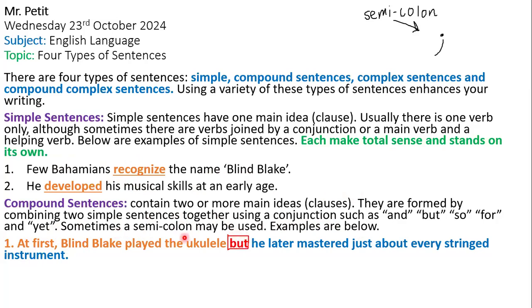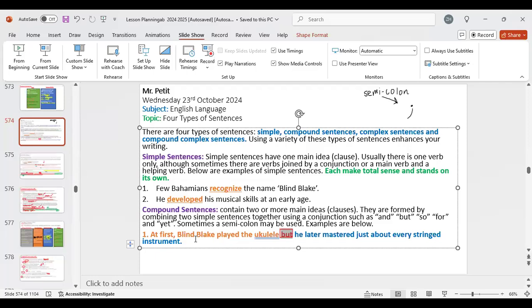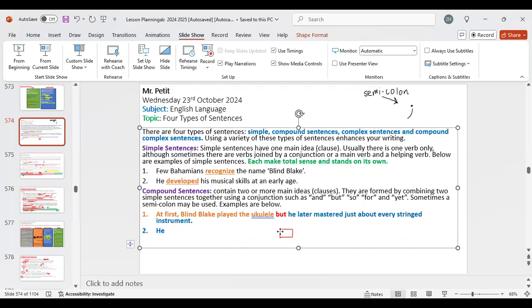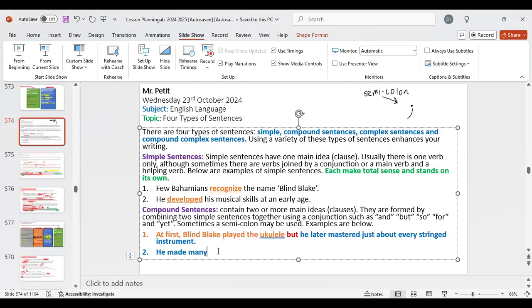Let me give you another example. Number 2, speaking of blind Blake, he made many contributions to younger musicians, for he